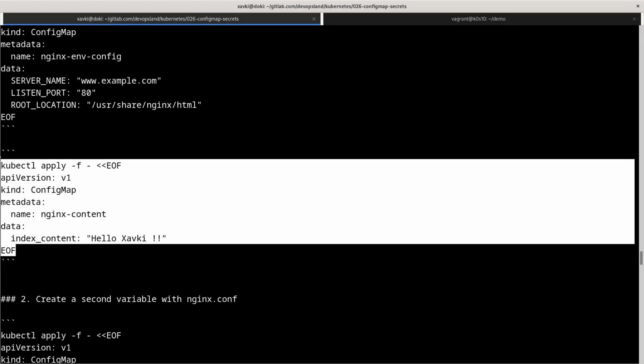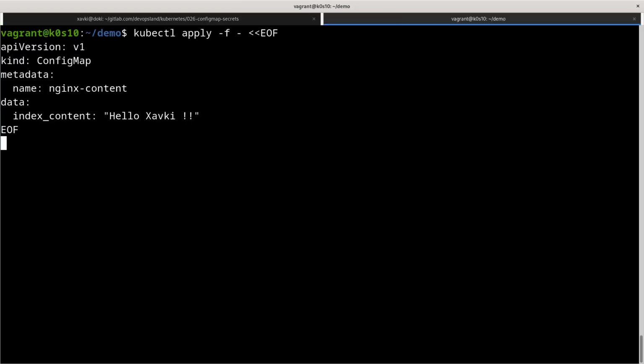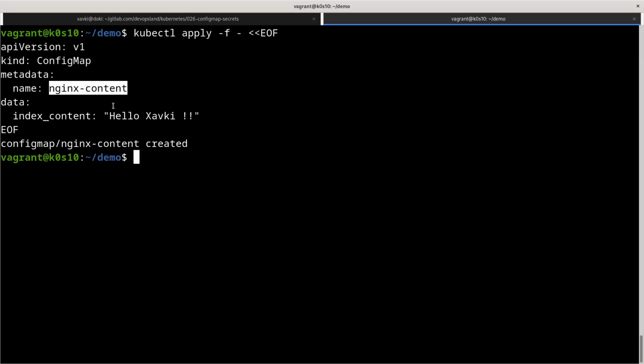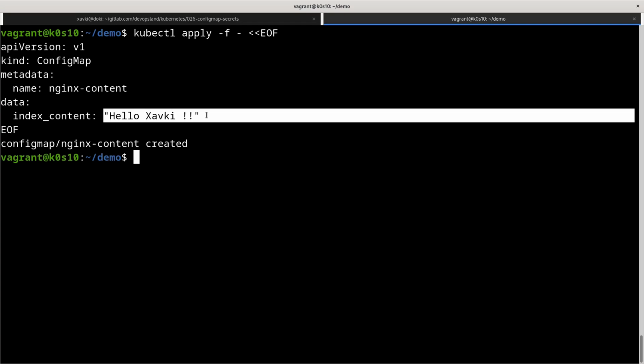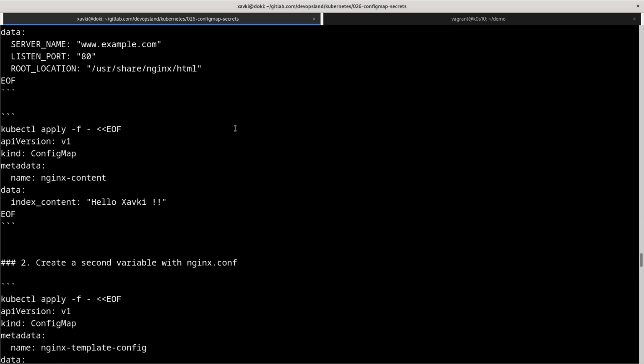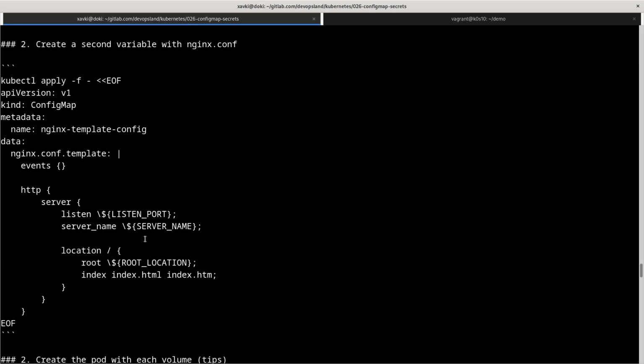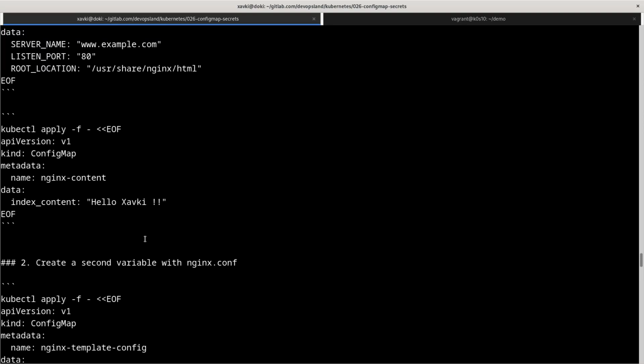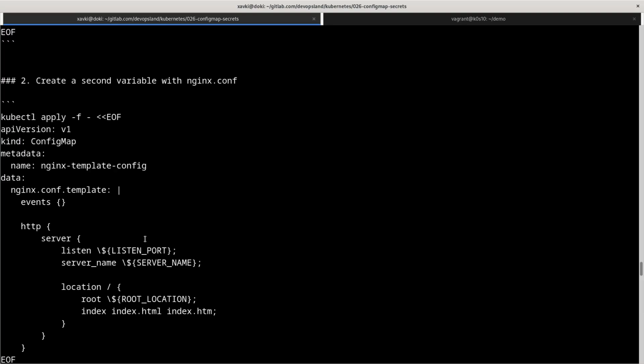And in the second config map, we want to define a content that we want to serve through our Nginx, like an index.html file. And to do that, we create another config map named nginx-content with the key index content and the content hello xavkey. Okay, so now we need to mount all things inside our pod, but this is not the end. We need to create